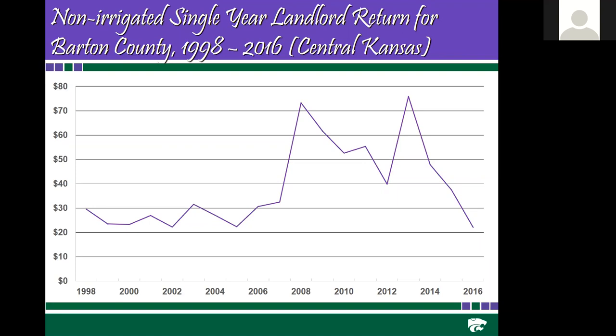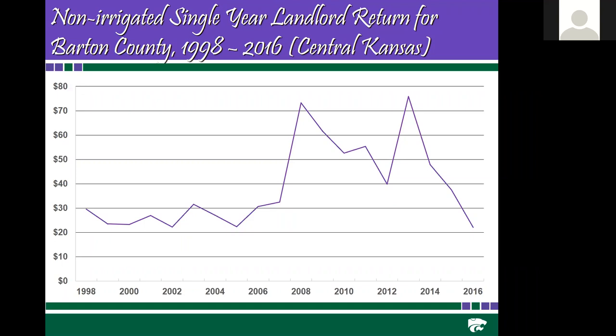And then after 2013, it fell off fairly rapidly in 2014 to about 48. And then it continued to fall down to 37 in 2015 and 22.10 in 2016. If you look at the average over this period, it was $42 in terms of your landlord net income. The average was $42 on a 15-year average, and the maximum was